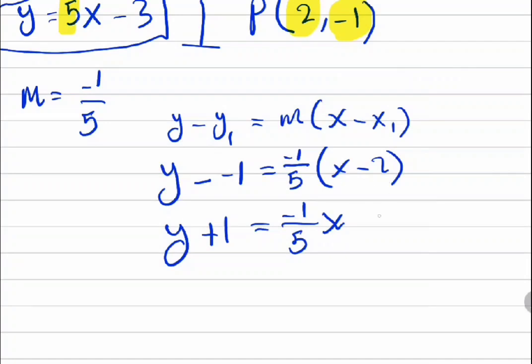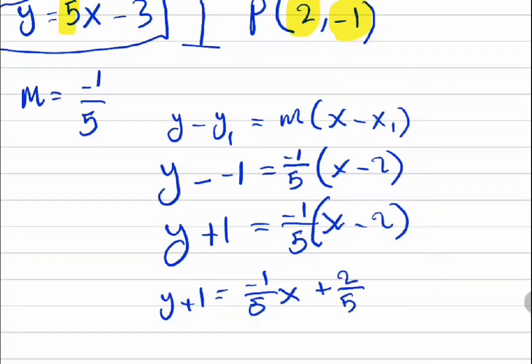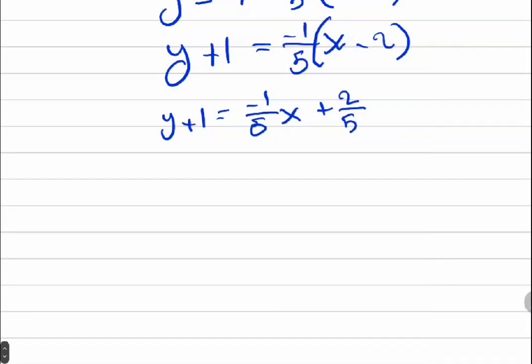But now let's go ahead and get the answer in slope-intercept form. So let's distribute the negative 1 over 5. So it's going to be y plus 1 is equal to negative 1 over 5 x. And then negative 1/5 times negative 2, that's going to be positive 2 over 5. And now let's subtract both sides by 1. So on the left side, all we have is y, and on the right side we have negative 1/5 x